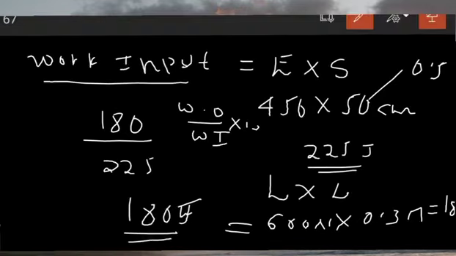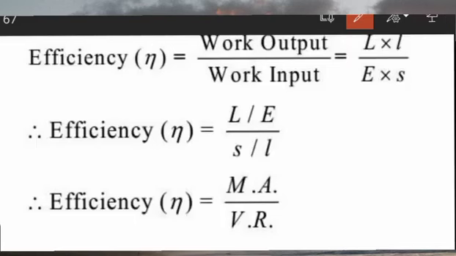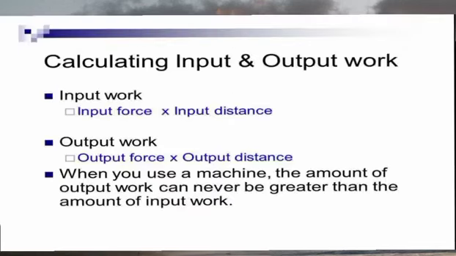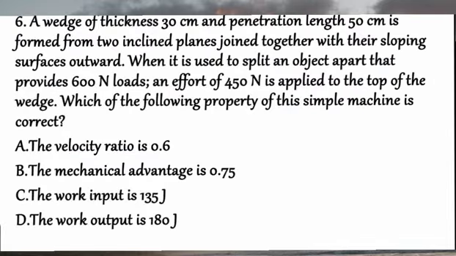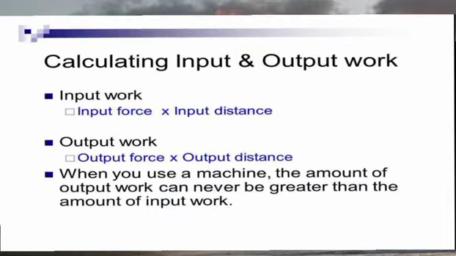So the answer you take from these choices: the velocity ratio is 0.6, it says. The velocity ratio is 0.6; the mechanical advantage is 0.75, that isn't it either. The work input is 135? It's 225. D: the work output is 180. So the answer is D. Next, question number